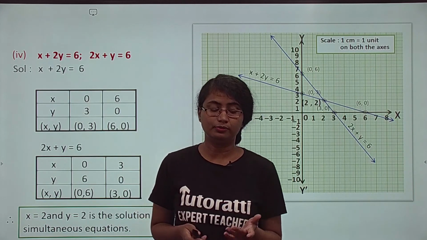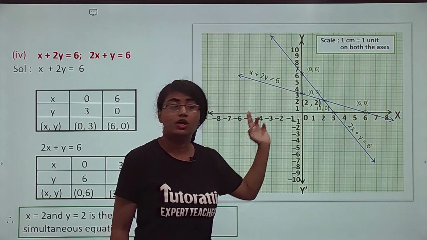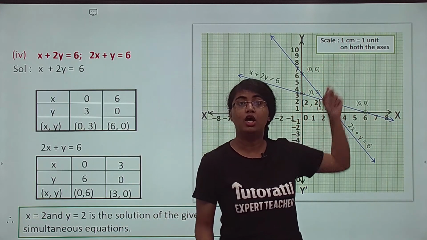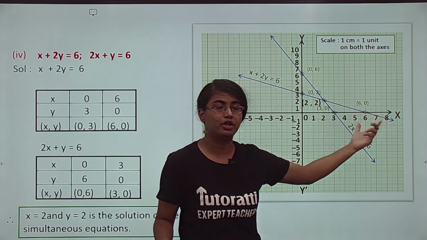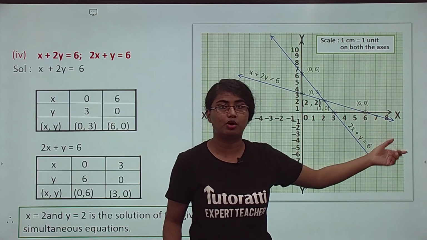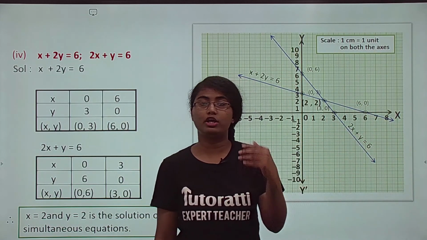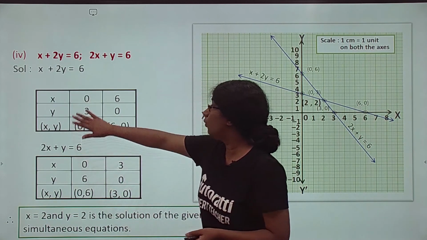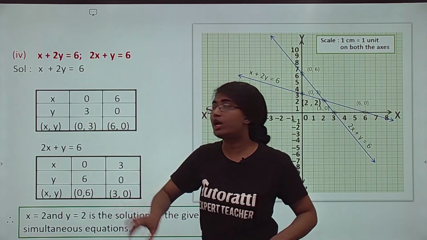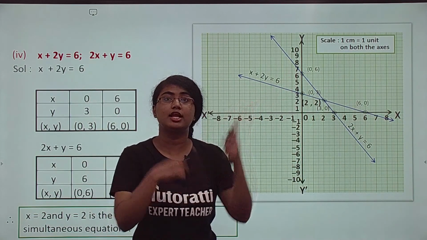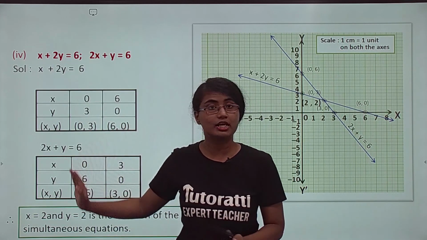Again, as a reminder, I will tell you again: axis, origin, scale, compulsory. Mark the points, write the coordinate. Draw a line and name the line. Okay? Line draw करने के बाद उसको name करो please. One equation at a time, one table at a time. Confusion नहीं करना है. चारों points को mark करके कहाँ से line बनानी है? Do not confuse yourself. Okay? Is this clear to you?